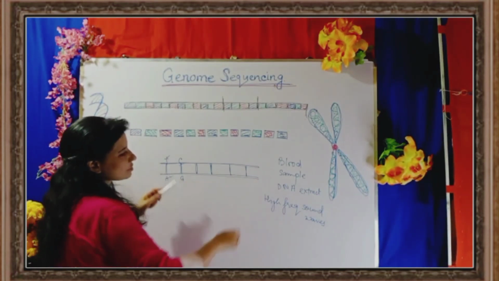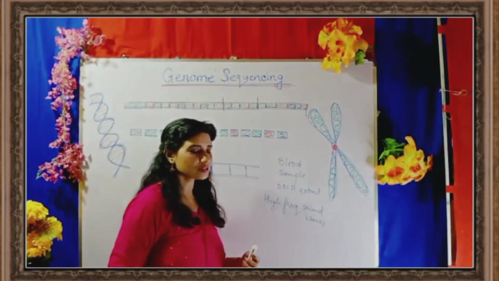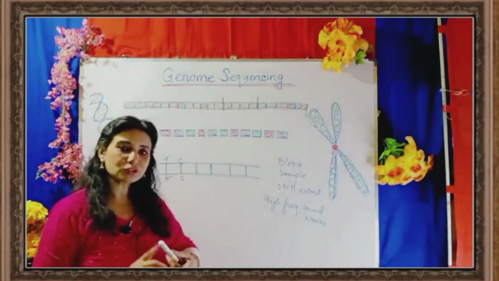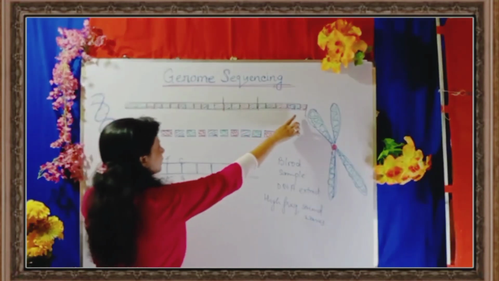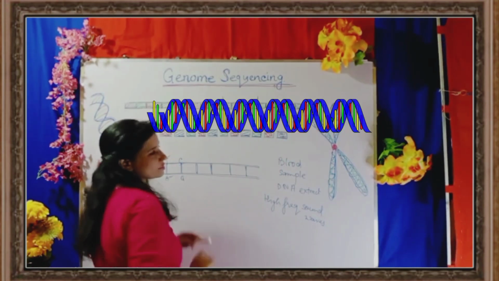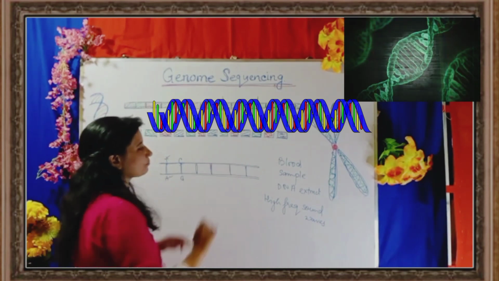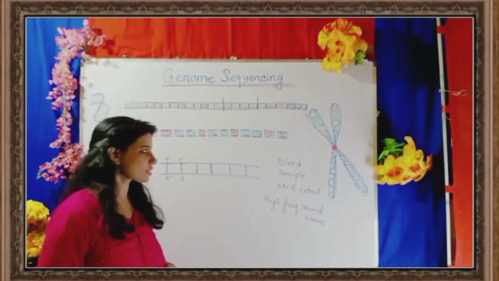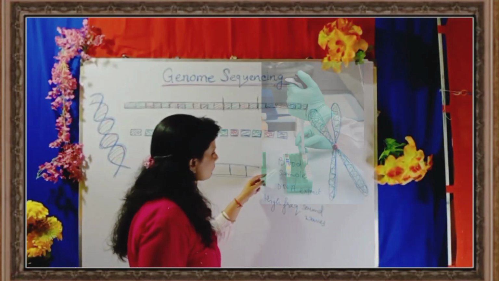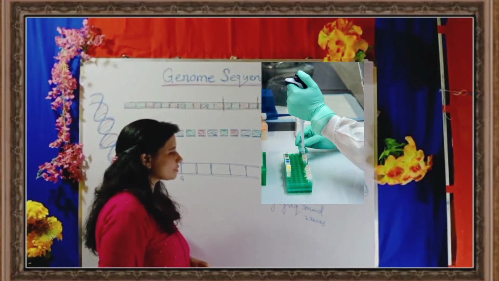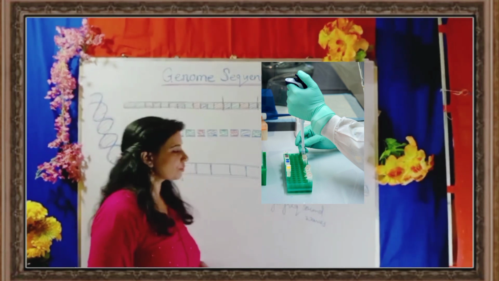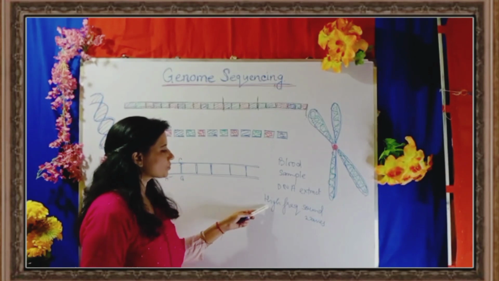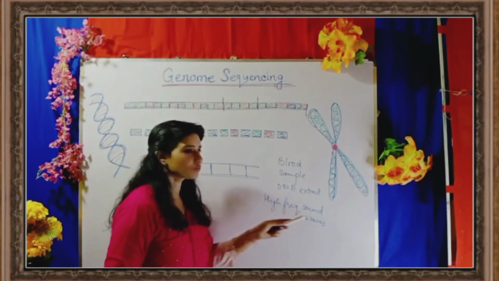Now, what did the skilled technicians in labs do? We need to do genome sequencing, which is such a large stretch of nucleic acid bases. Now we have to sequence it. The first step was blood samples being collected from individuals. From humans, we collected the blood samples, extracted the DNA from them, and then the technicians introduced high frequency sound waves.